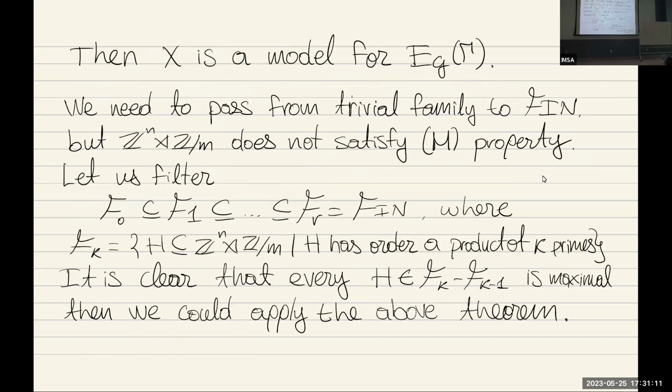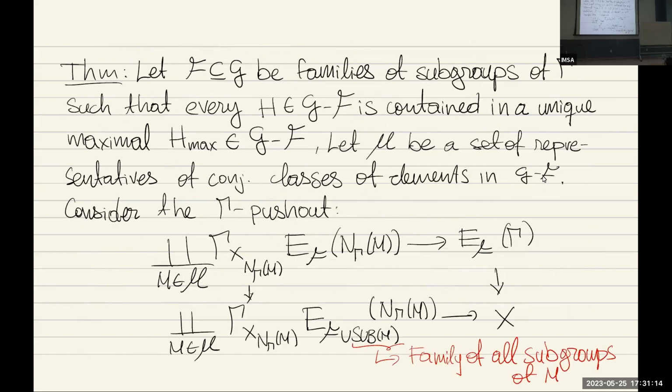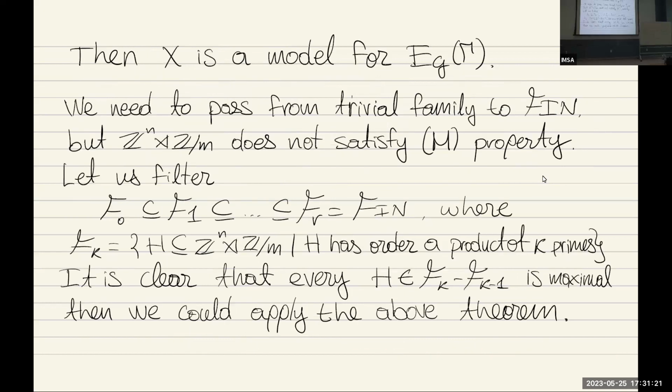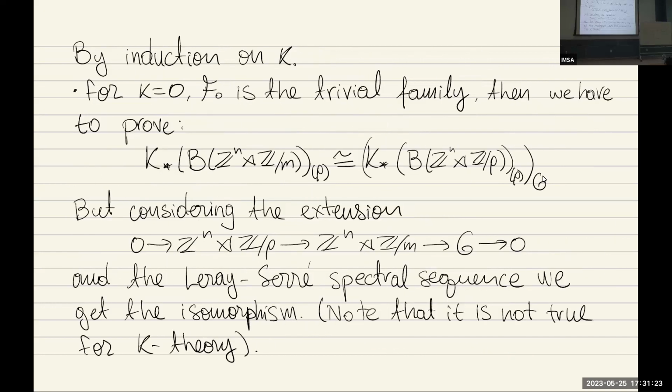The idea is that you could take the Gamma pushout for the group Gamma complete, but also for the group given by the action of Z^n only. You have two pushouts, one pushout for this group and the other one for this group. You have a way to compare both long exact sequences, the two Mayer-Vietoris exact sequences,